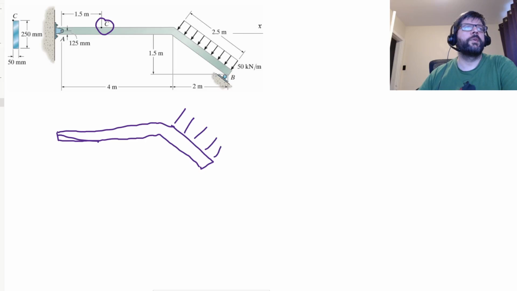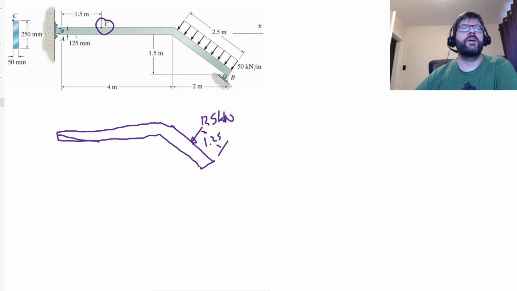So again, we've got this distributed force. That distributed force, if we want to represent it as a resultant, let's do that. It's 2.5 meters in length, and it's a 50 kilonewton per meter distribution. So that gives us 125 kilonewtons, and of course that'll be located 1.25 meters